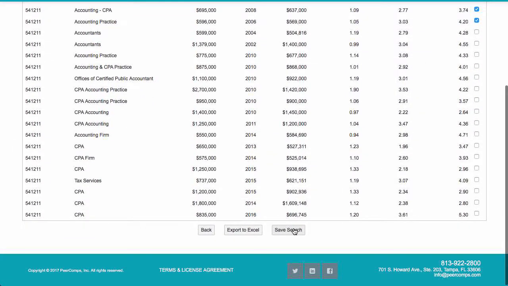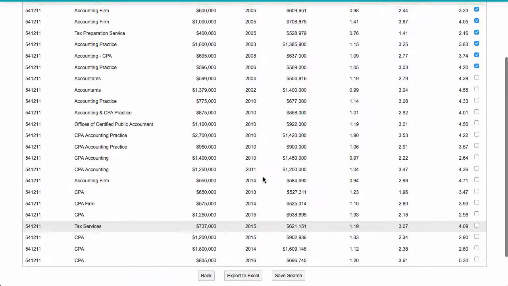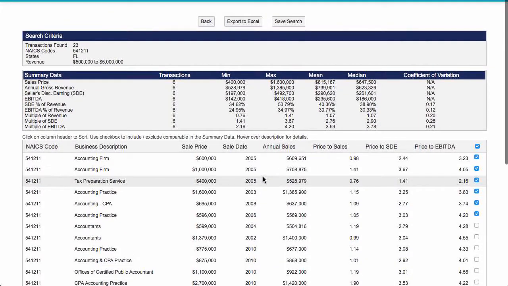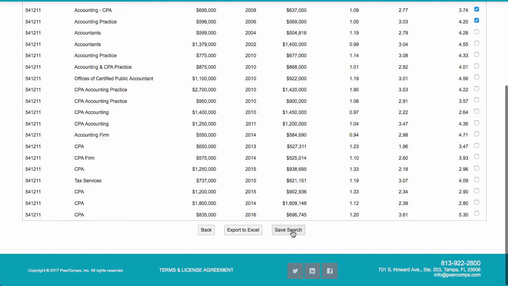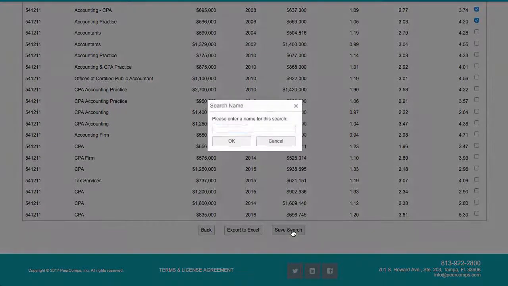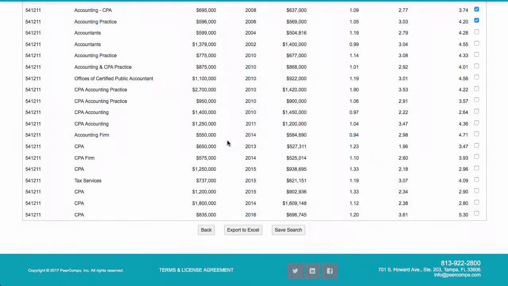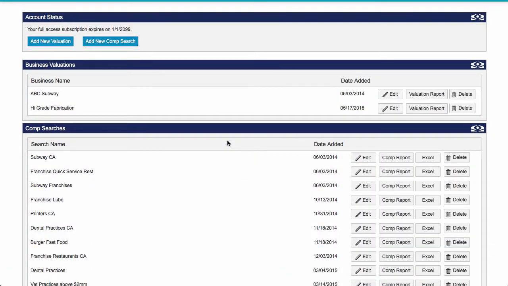We can save the search at this point. We can export to Excel. We can go back and look at additional comps or filter it even further. So in this case, I'm going to go ahead and save the search. I'm going to name it CPA Florida, hit OK,